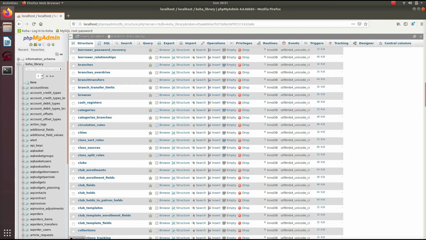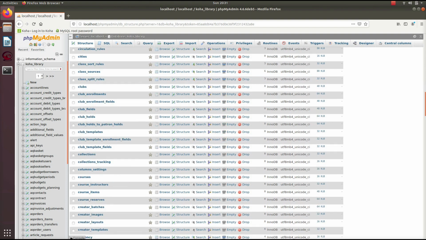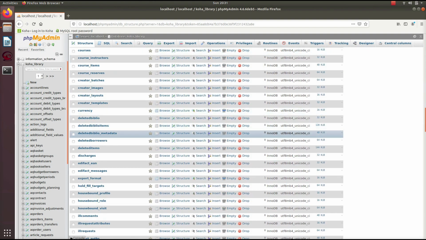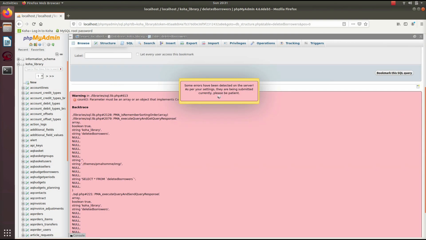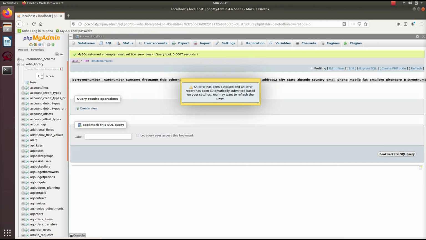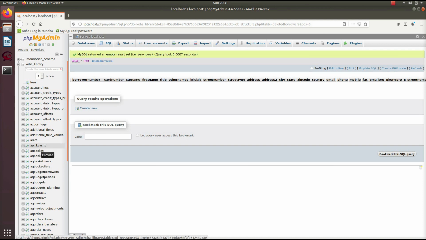When we were discussing in the terminal, we discussed how we can delete the particular ID from deleted borrowers. So we first find the table deleted borrowers, and from here we can see these are the fields. Since I do not have any problem, that's why it is not showing any ID. If there was any ID, I could choose it from here and delete it.